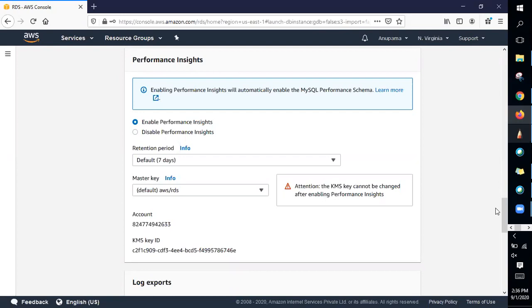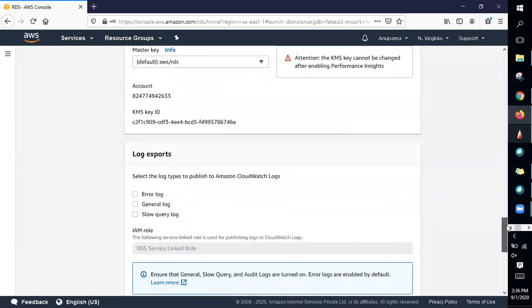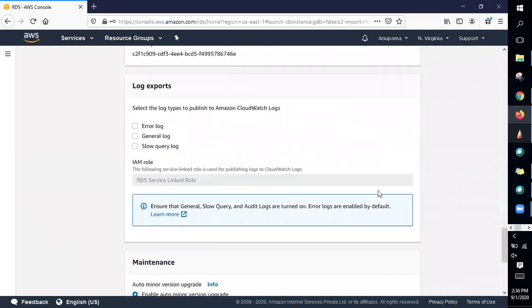Okay. And if you want to get the logs, for example, if someone is running some sort of queries, hitting the database engine, and some queries might take real time to retrieve it. So slow query logs or general logs, or error logs if you want to capture them, yes, you can do it with the help of these things. You can just enable it.